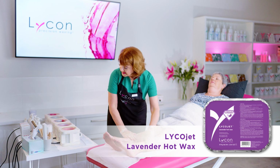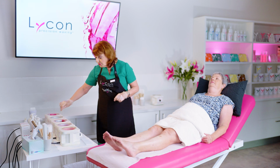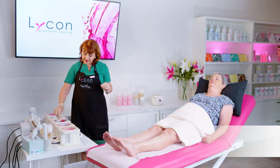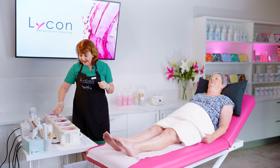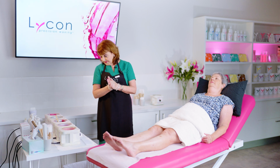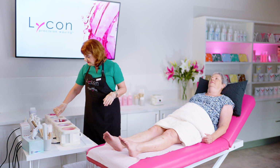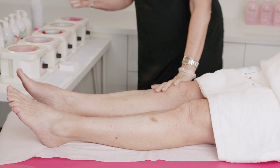I'll show you a different wax now, and that is a very famous, award-winning Lycojet. It comes in lavender, and the one I've got here is the desert rose. So this one has rose and chamomile, and the lavender is purple, and they're really exactly the same, just a different color and a slightly different scent. So the pre-waxing oil is already on here. Anyway, a bit more. Okay, now the Lycojet can be used in about 1/3 of the thickness of the traditional hot waxes, and